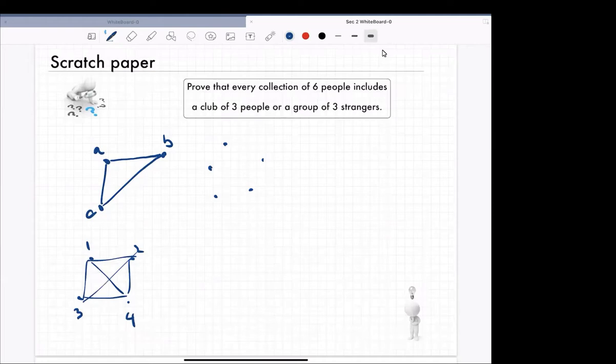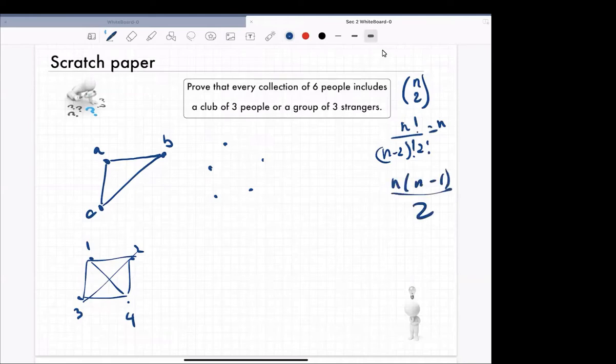Oh yeah. Would that be n choose 2? Yeah, that's right. So n choose 2 is just notation for what we just described. Some of you may remember the formula n factorial over n minus 2 factorial times 2 factorial, which simplifies to n times n minus 1 over 2. But not everyone knows this, so I'm not expecting people to know this. So yes, that's n choose 2. Is that what you meant?